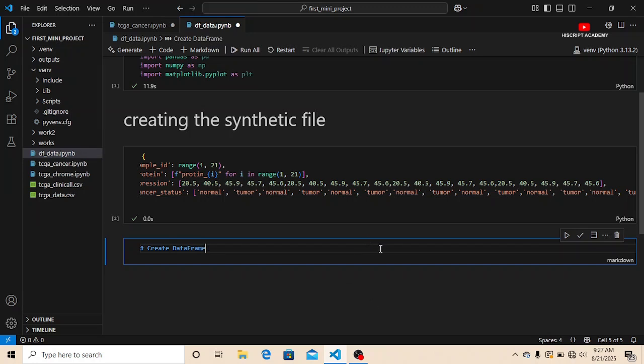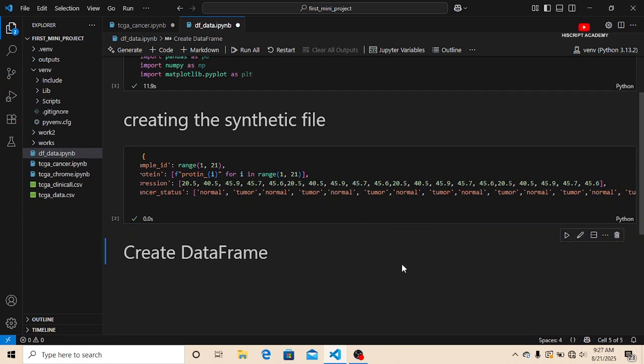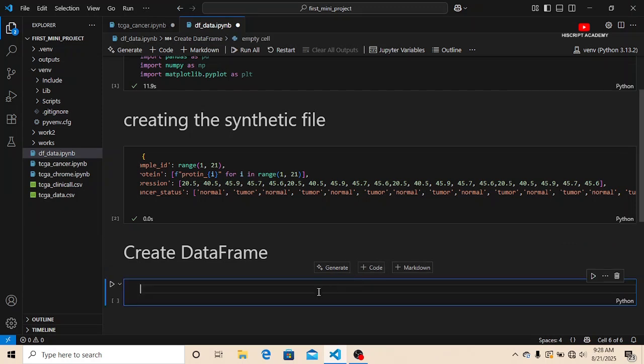Good. How do you create a data frame? You create it using just a simple, single line of code. Now watch. You create a new variable and give it any name you like. So I will name it